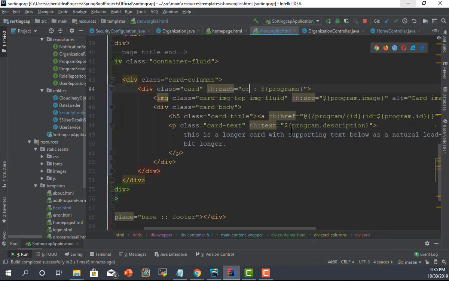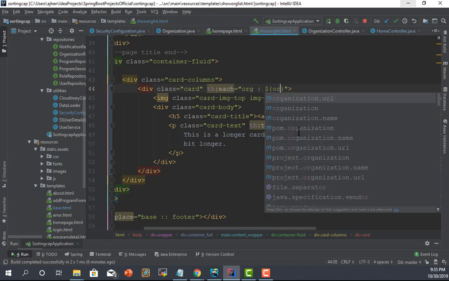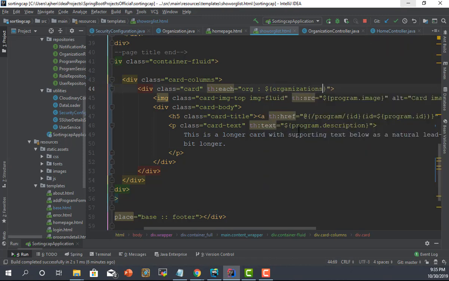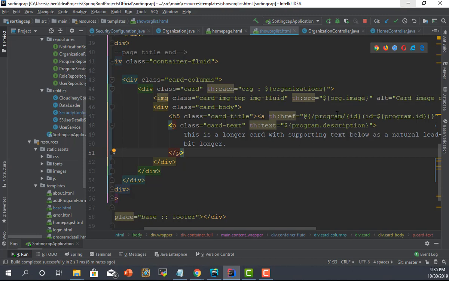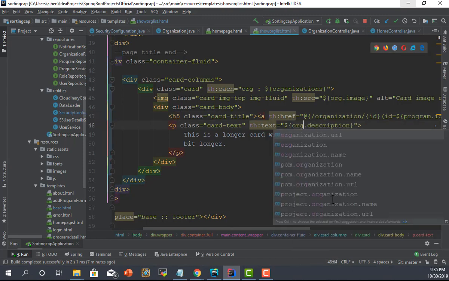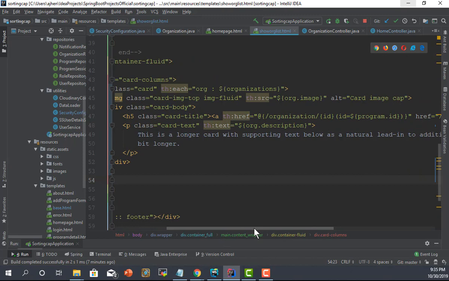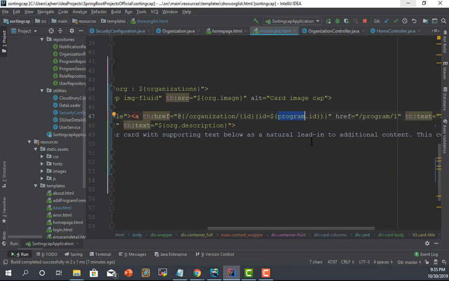For each org, and this is on the organizations, org image, organization, org description, org ID,